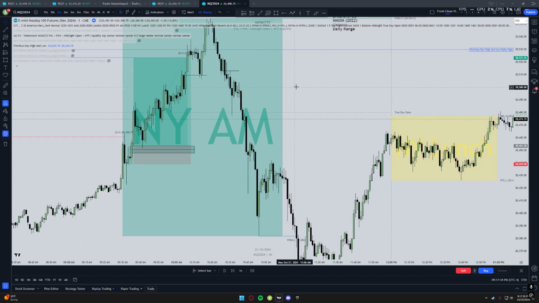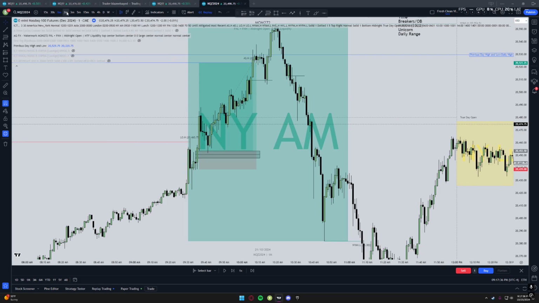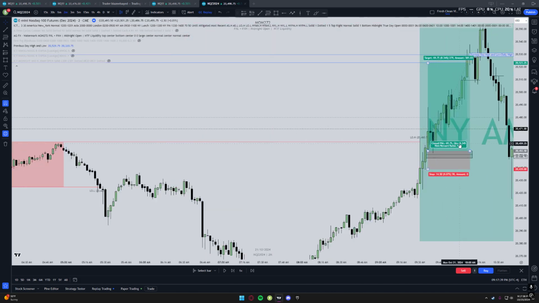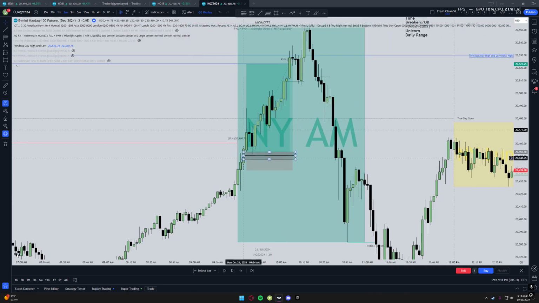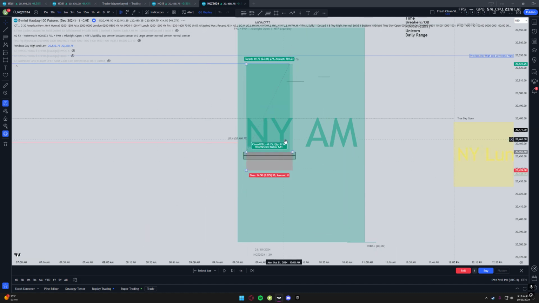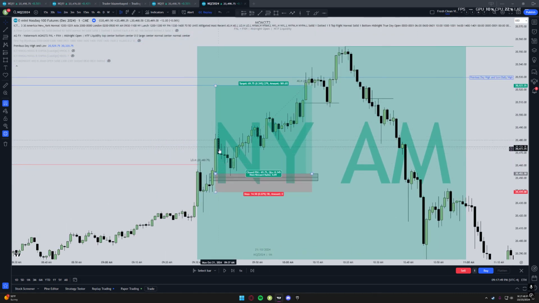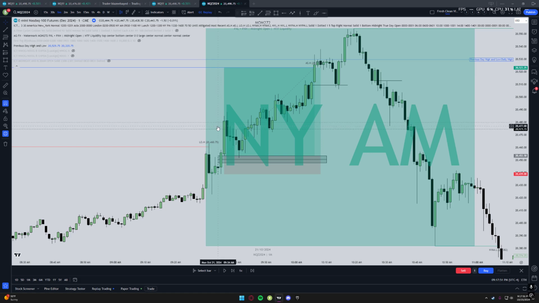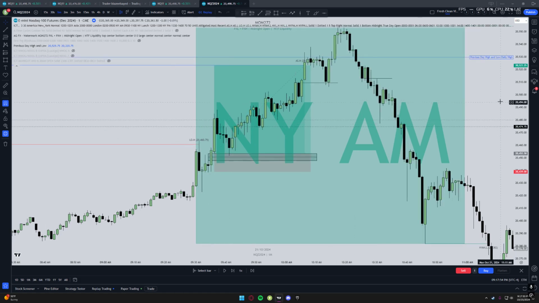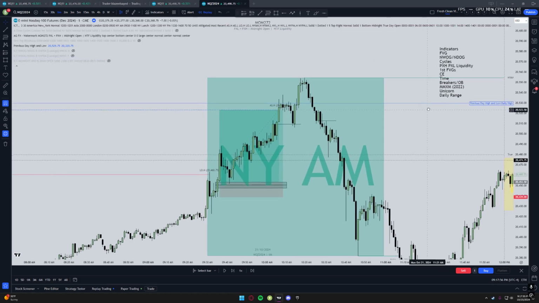Now, if you were on a 2-minute chart, this would be one fair value gap, as we can see here. Well, the fair value gap kind of goes away when you go on a 2-minute chart. But when we drop back down to a 1, we can see that we have this fair value gap. Now, talking about fair value gaps,